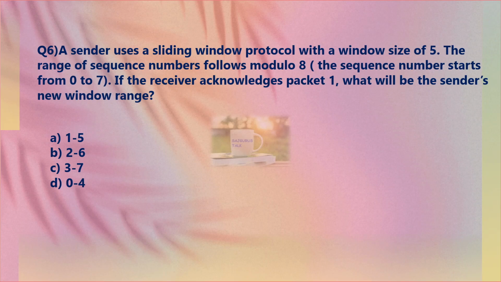When the receiver acknowledges the packet, resulting in a forward slide of the sender's window, the sliding window now starts at 2 till the allowed window size. So 2 to the allowed window size, so 2 to 6. The answer is